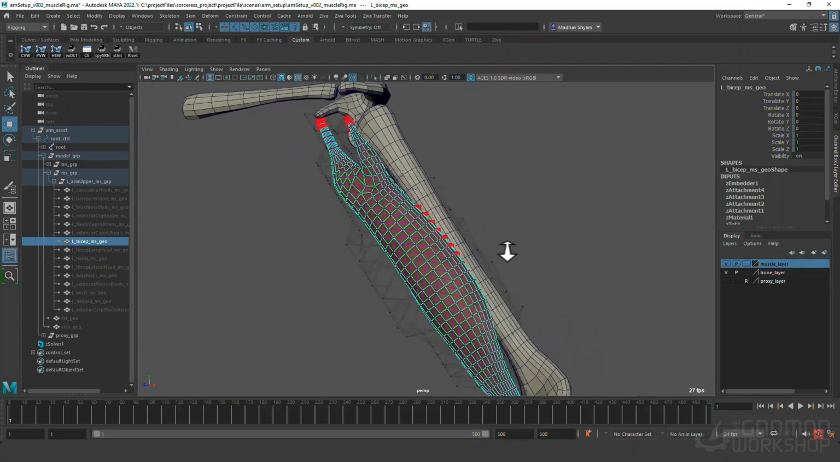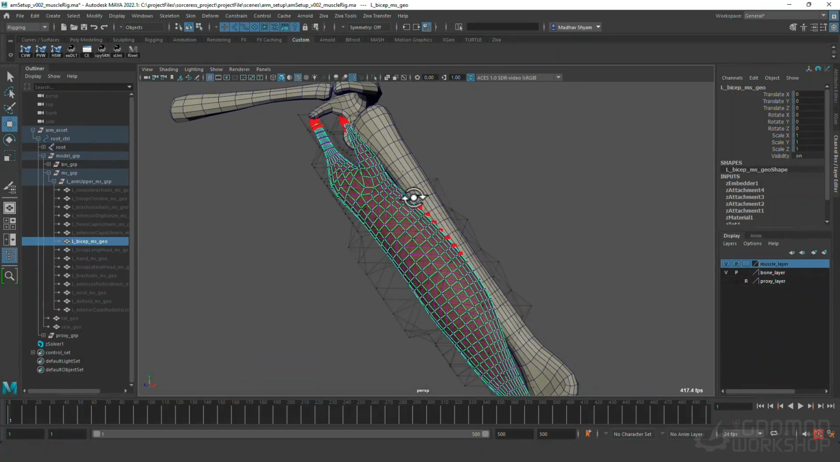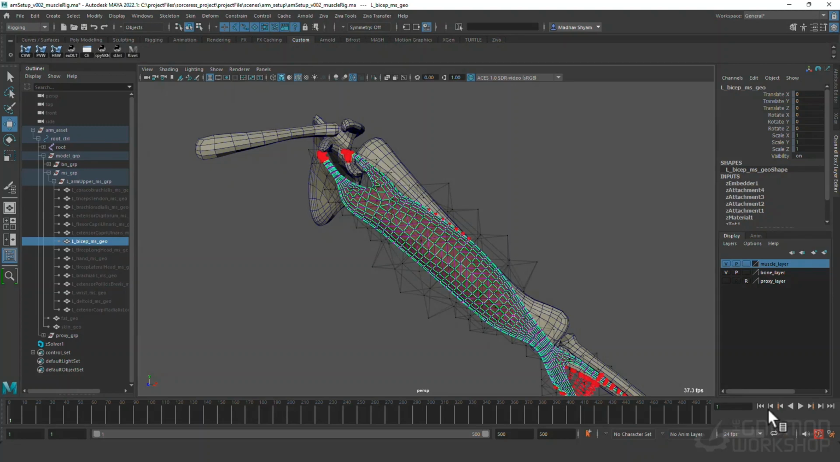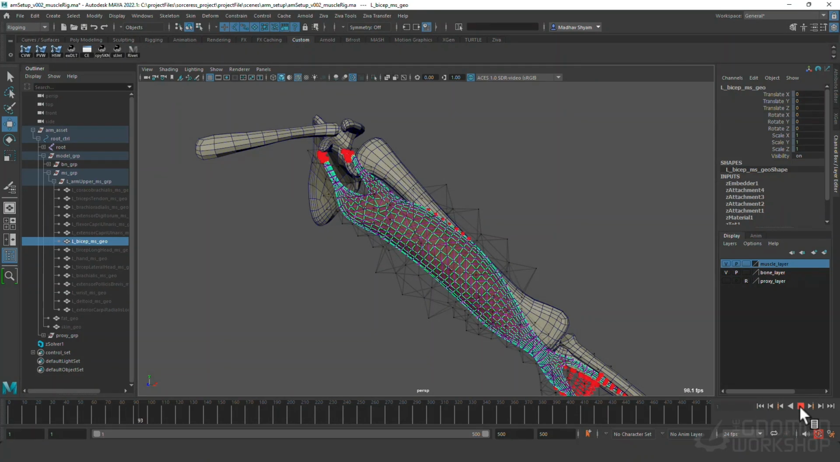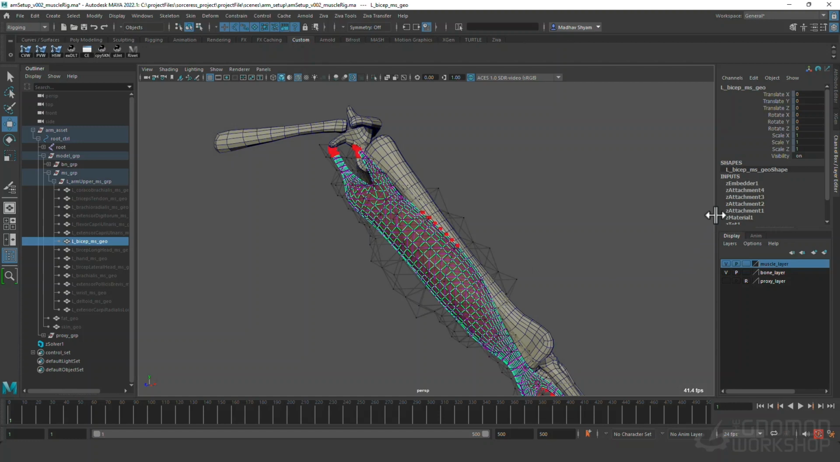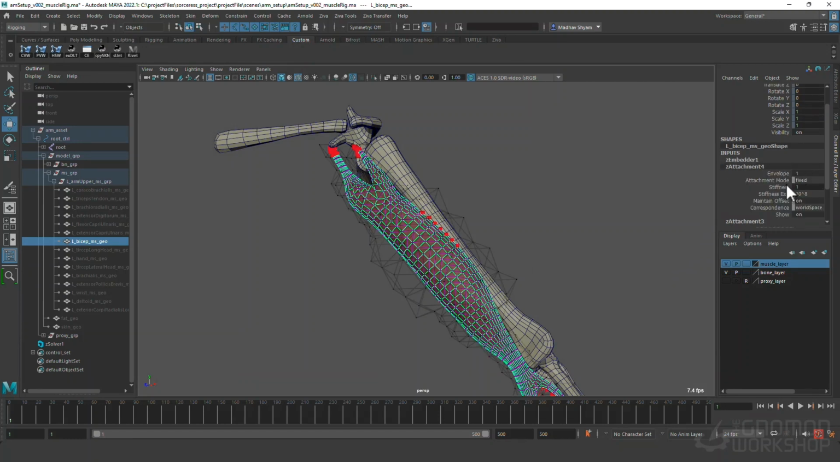So now we have an attachment there. By default, you can see it's again highlighted red because it's a fixed attachment. And that's going to keep the bicep in place. But as you can see, it makes it really stiff and quite uninteresting. So the first thing I'm going to do is change this attachment from a fixed into a